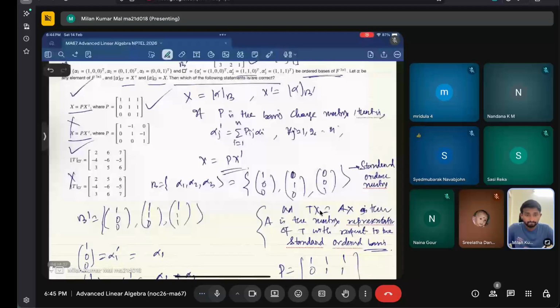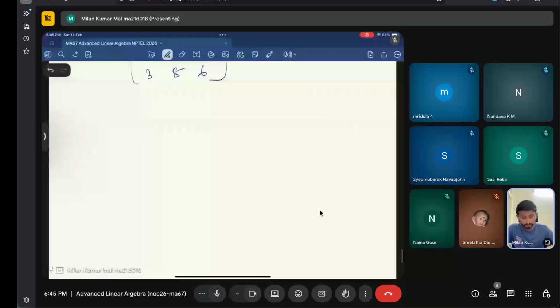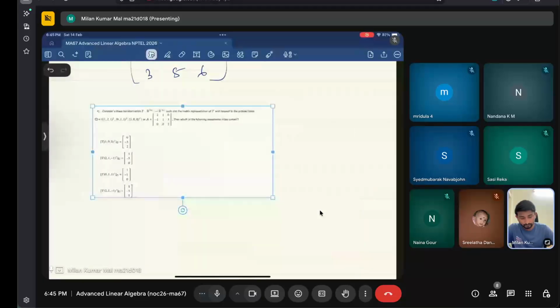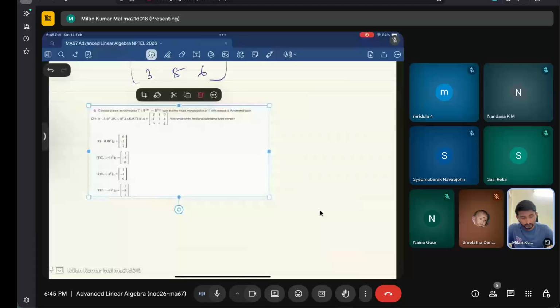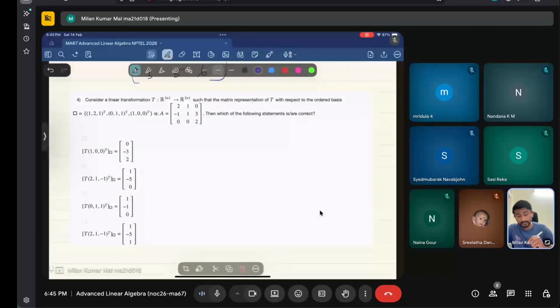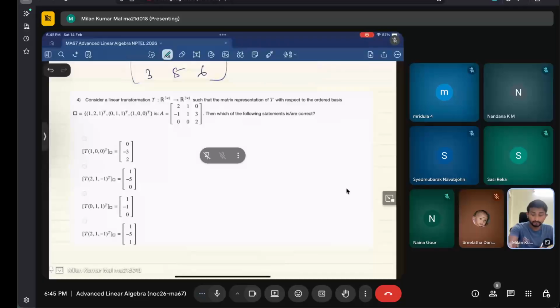Okay, so I'm going to the next problem then. So this is the next. This is another problem. So what it says is that